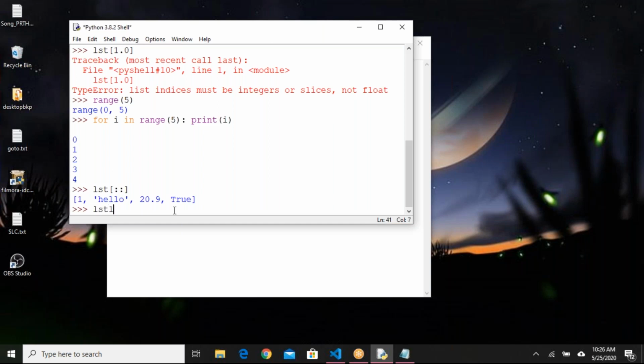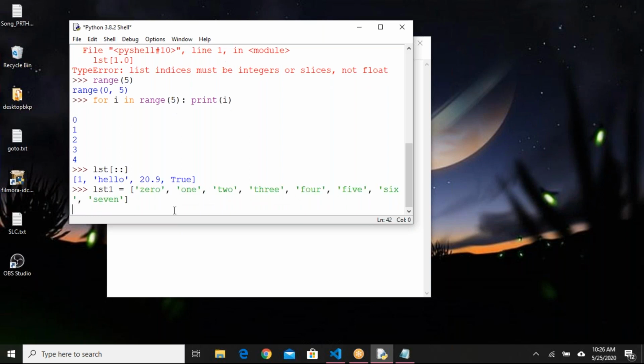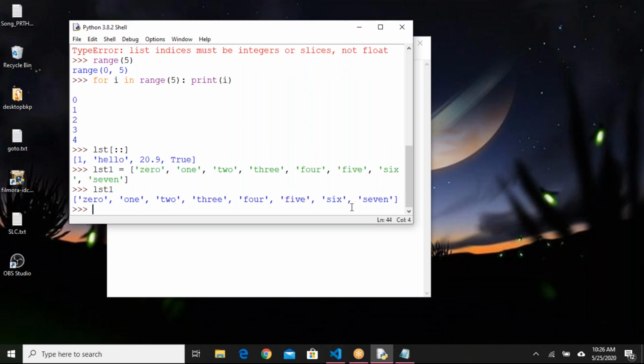LST1 equals, I'll take values like 0, 1, 2, 3, 4, 5, 6, 7.